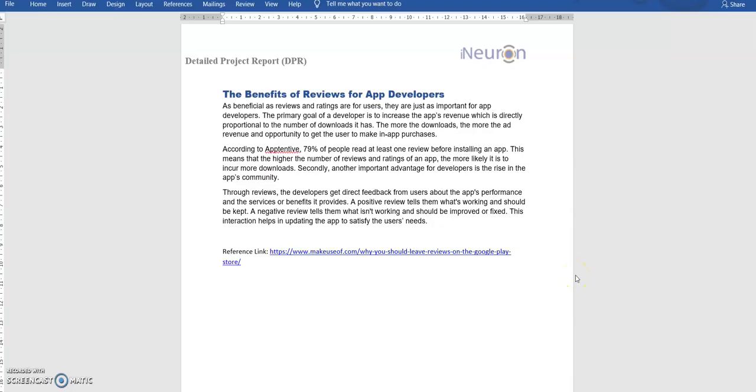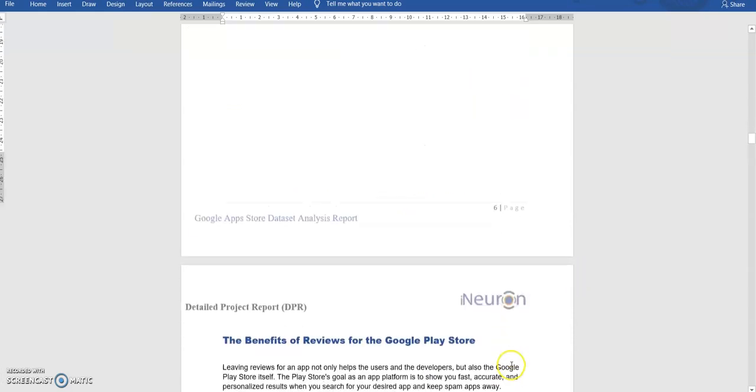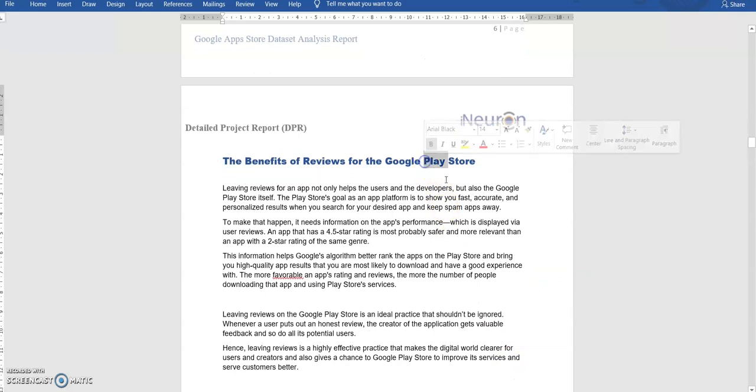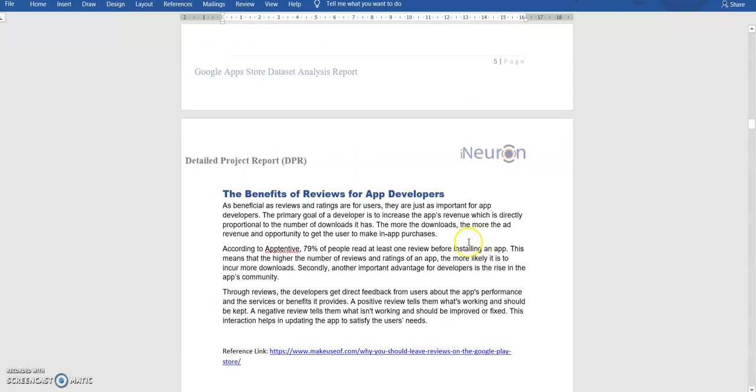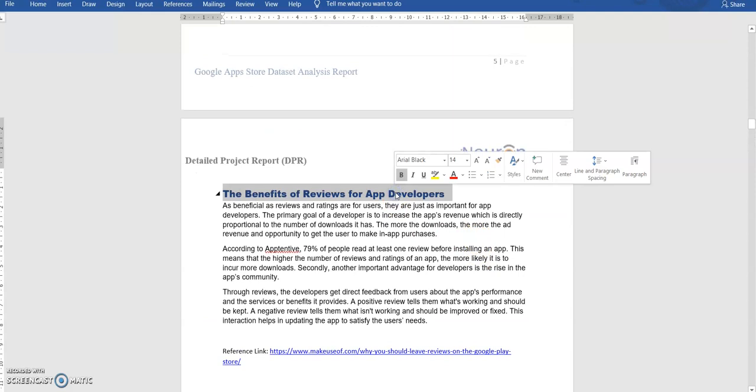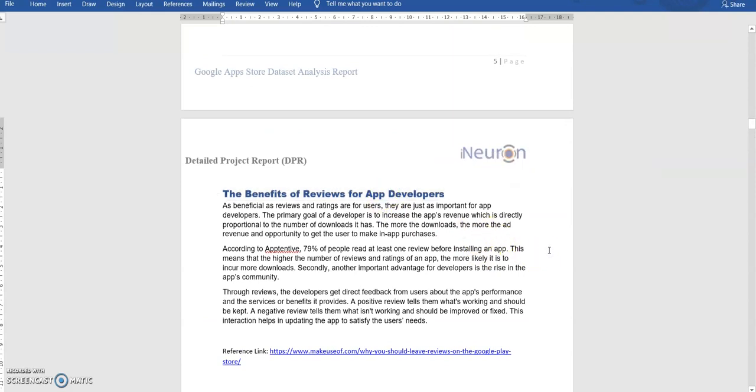It is very important to analyze this report not only for the app developers but also for the Google Play Store. So let us see why this is important for the app developers. The major idea behind developing any kind of application and launching it on Google Play Store is to ensure maximum revenue collection. The more the number of downloads, the more the ad revenue and the opportunity to get users to make